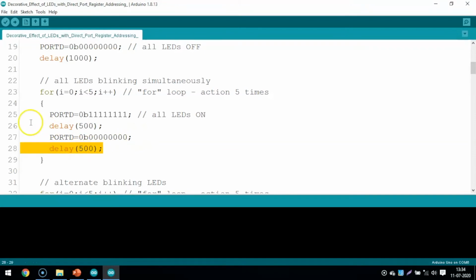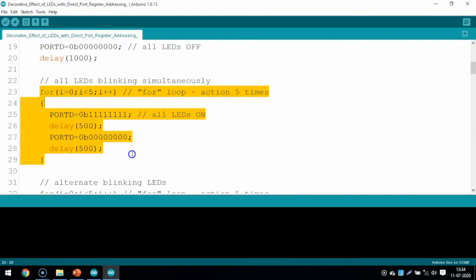So all LEDs will blink; they will remain on for 500 milliseconds, then off for another 500 milliseconds. These 4 lines will be repeated 5 times because we have used them in this for loop.